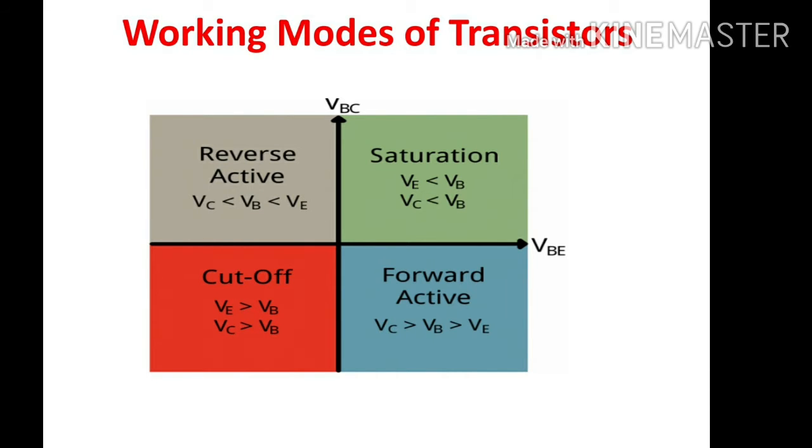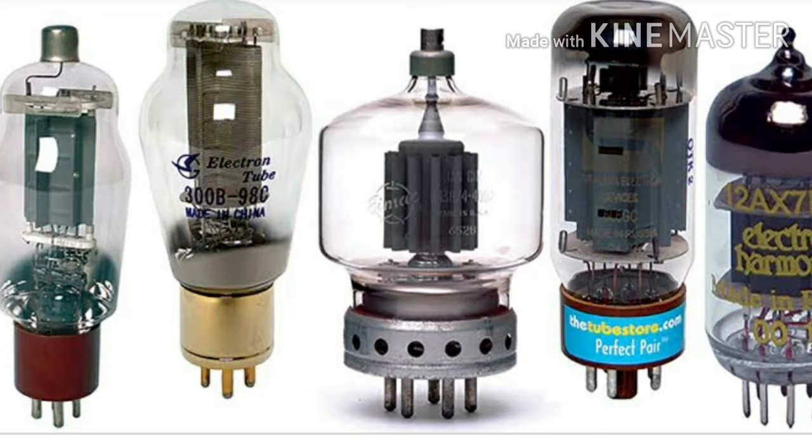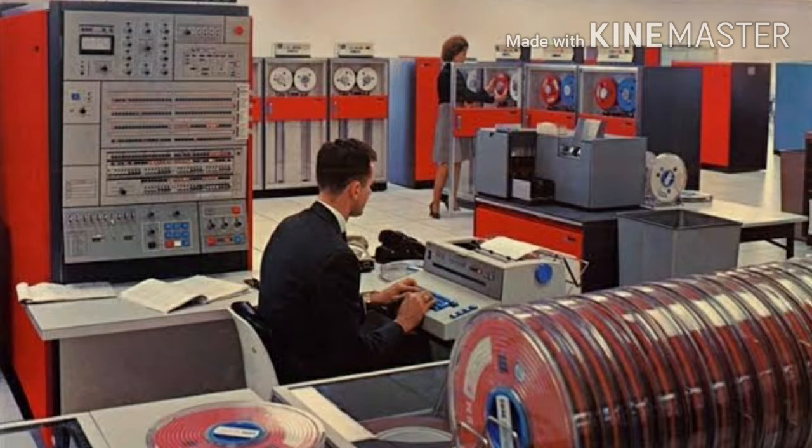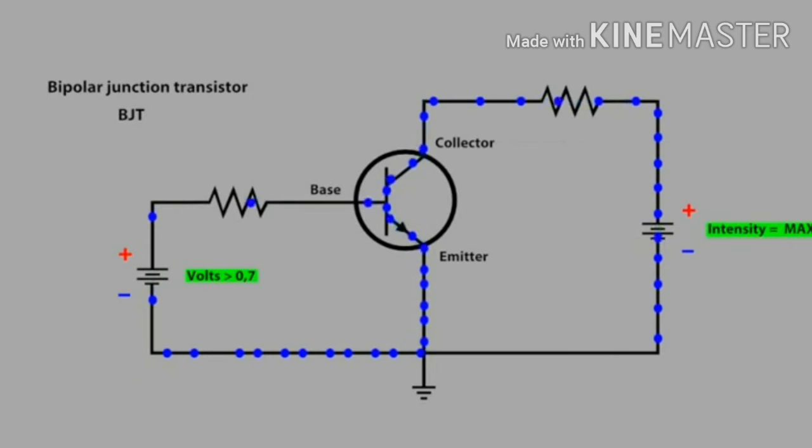Okay, now let's see how the operation of the transistor goes on if we are using this in the circuit. Let me show you a small animation, and with that you can clearly understand. Before transistors were invented, vacuum tubes were there. Because of vacuum tubes, computers like IBM mainframes occupied a big room. Now you can see how compact it is because of the invention of transistors. In this chip we have 2 billion transistors, made with the help of nanotechnology.